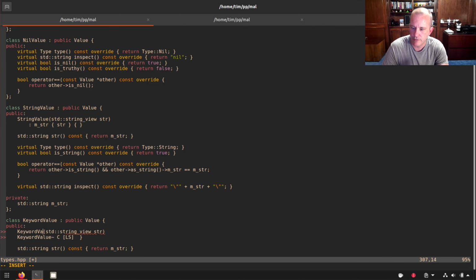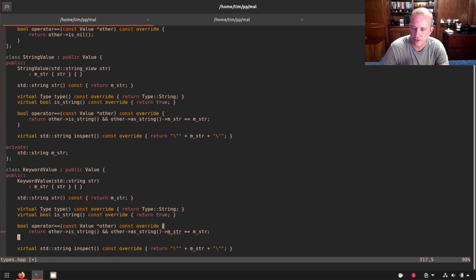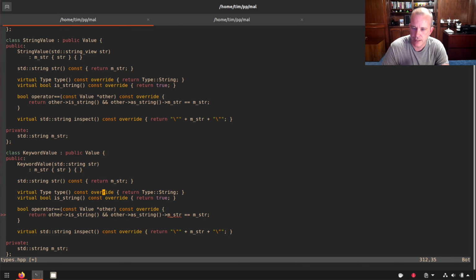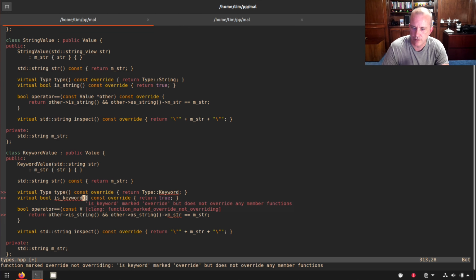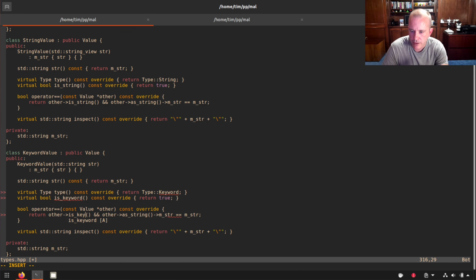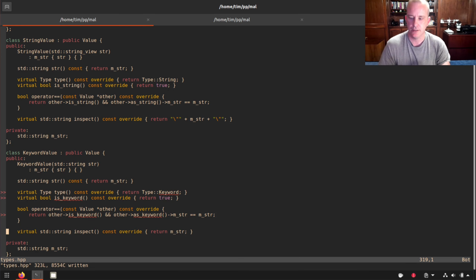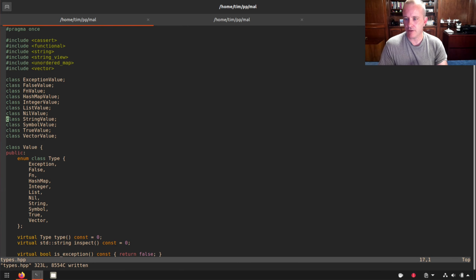Keyword value takes a std string stir, just call it a stir. Its type is keyword, and is keyword is going to be true, and operator equals is other keyword, and other as keyword, mstir equals the same, and this is going to be a colon. No, it's just going to be the mstir all by itself. Okay. Good. So now,